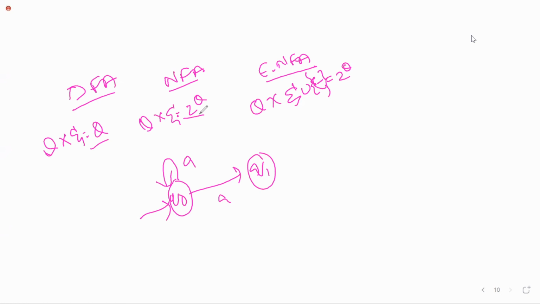Next, epsilon NFA: I did not explain the transition function, I will explain the remaining. For all DFA, NFA, epsilon NFA, it is simply a five tuple: Q, sigma, delta, q naught, F. Q stands for set of states in all the cases. Sigma is the set of input alphabet. Q naught is the initial state. F is the set of final states. I used the word set because it may have one or more final states. They differ only in the transition function. I have covered DFA, NFA. Tomorrow we'll see epsilon NFA.